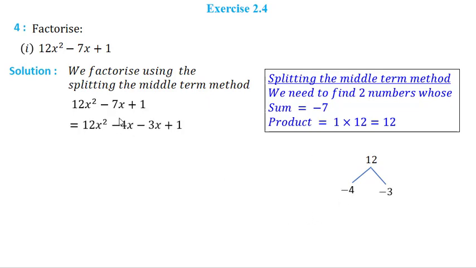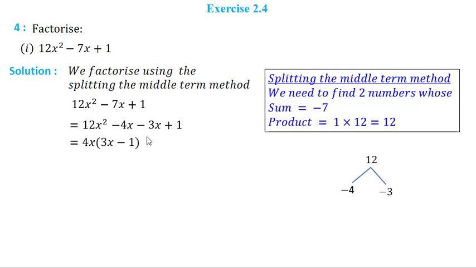Now I will write this minus 7x as minus 4x minus 3x. So my expression will become 12x square minus 4x minus 3x plus 1. Now let us see what term I can take common from these two terms. Now 12 and 4, these are the numeric numbers. In this I have 4 as common, and in x square and x I have x common. So I will take 4x common. In bracket now I have 3x minus 1.